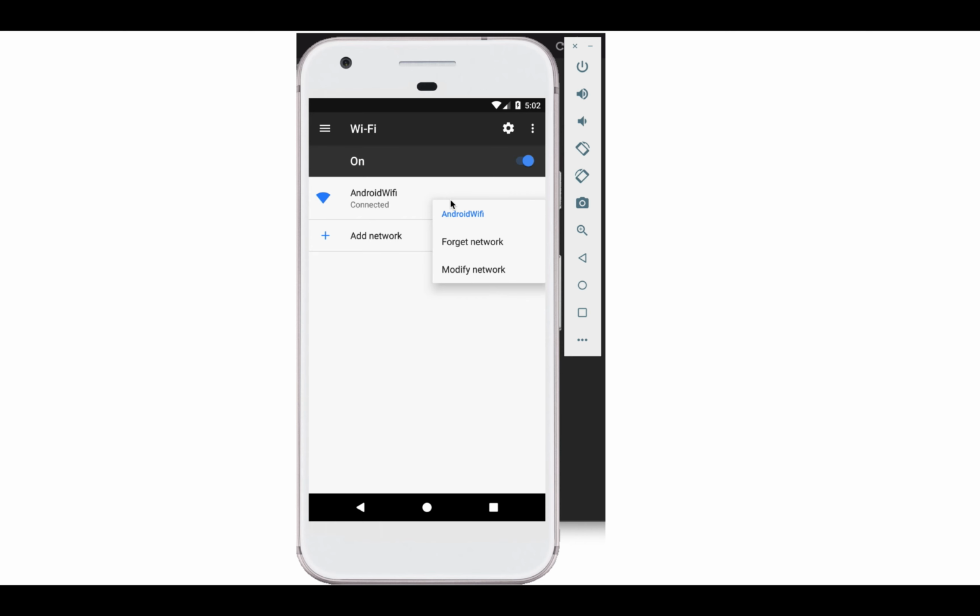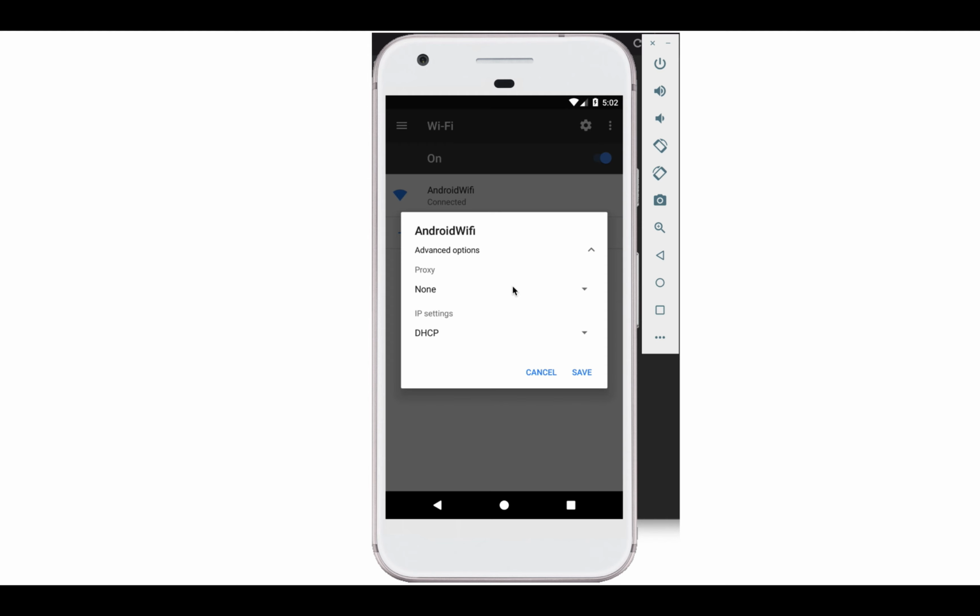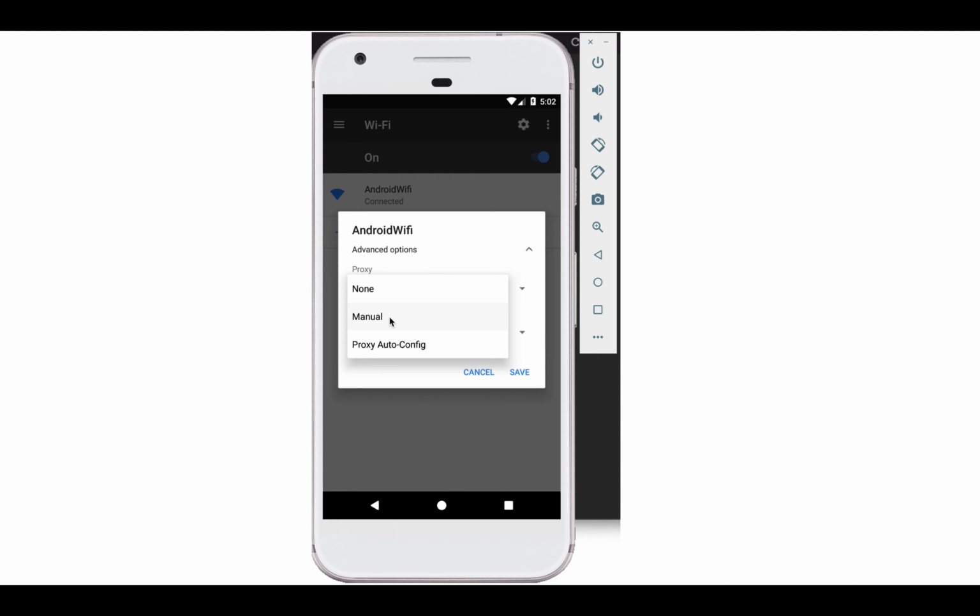So you will get a drop down, select modify network, then there will be advanced option prompt. Select advanced options. Now you will navigate to a page where you will have the proxy. By default the proxy is none, but we need to change to manual. So select the proxy as manual,